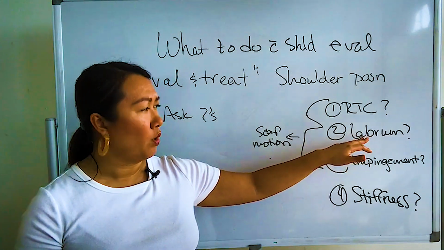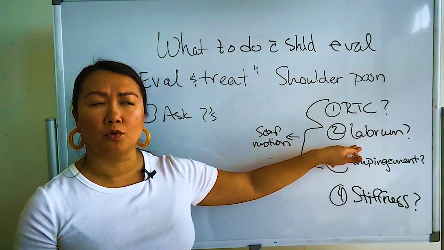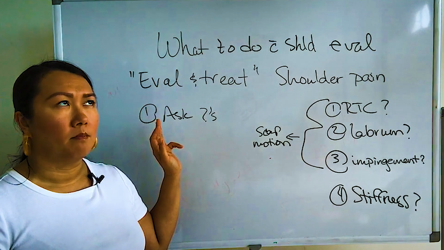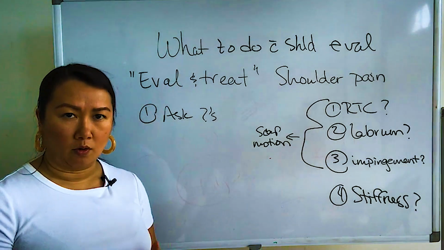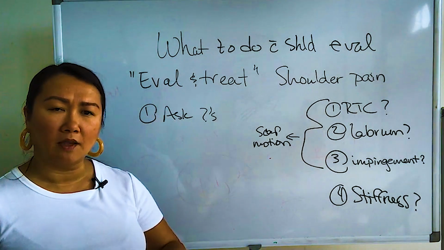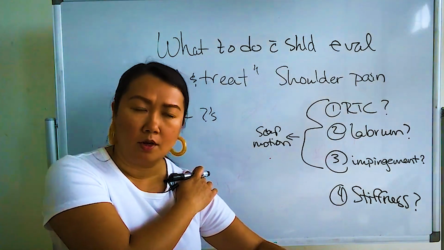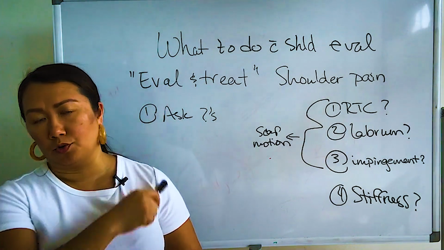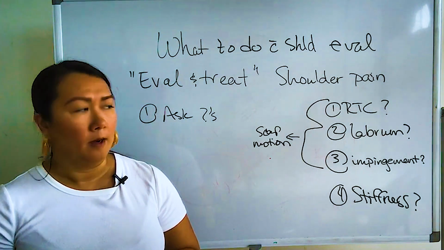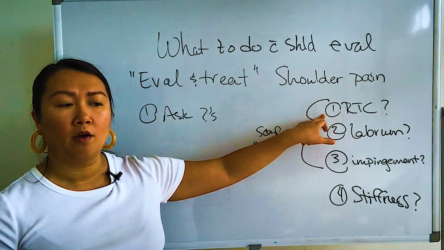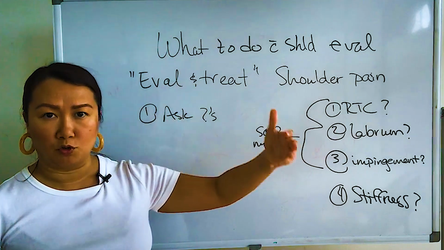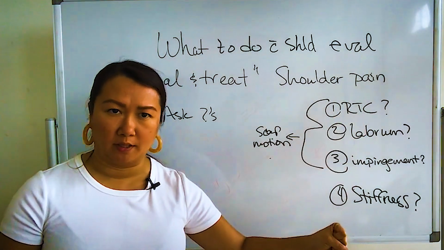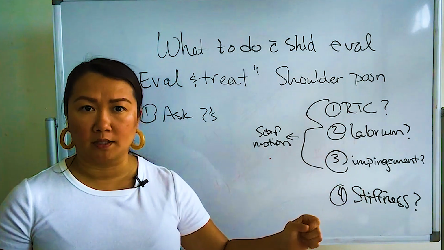but the majority of the time you're listening to questions of mechanism of injury. I fell backwards. I fell on my arm in a certain way that jams into the shoulder. Usually a rotator cuff tear, you can have a mechanism of injury of a fall too. I fell and I was trying to catch myself and I caught myself,